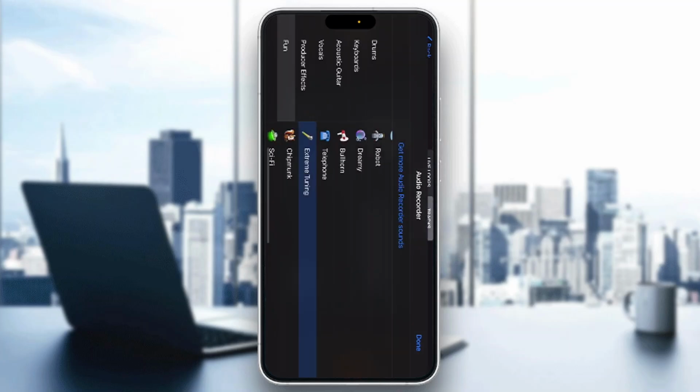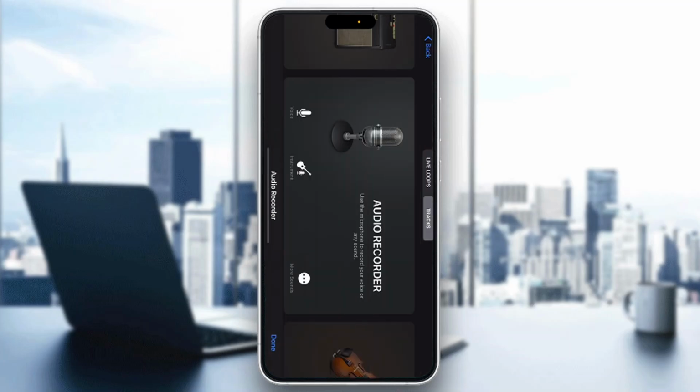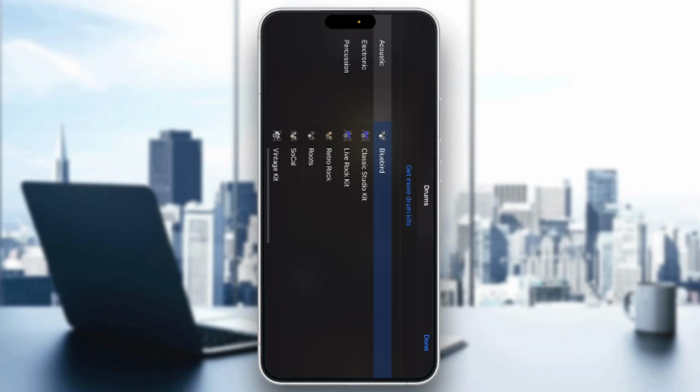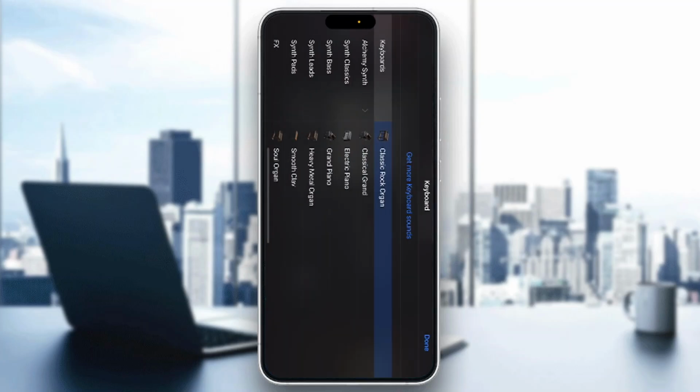So click on more sounds, and guys, you can see it's going to open up a menu with all the options we have. But let's find an instrument, and now we can click on more sounds. Under any instruments, we're going to go to the keyboard. So under keyboard, we can click on more sounds, and once you click on more sounds under keyboard,